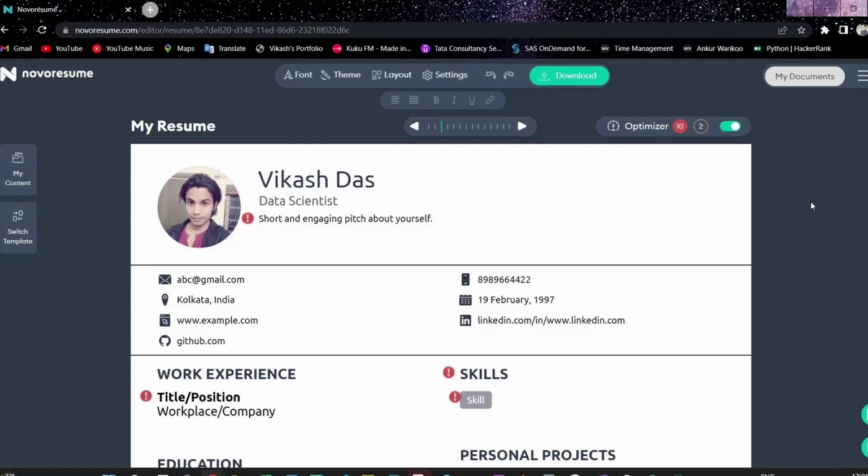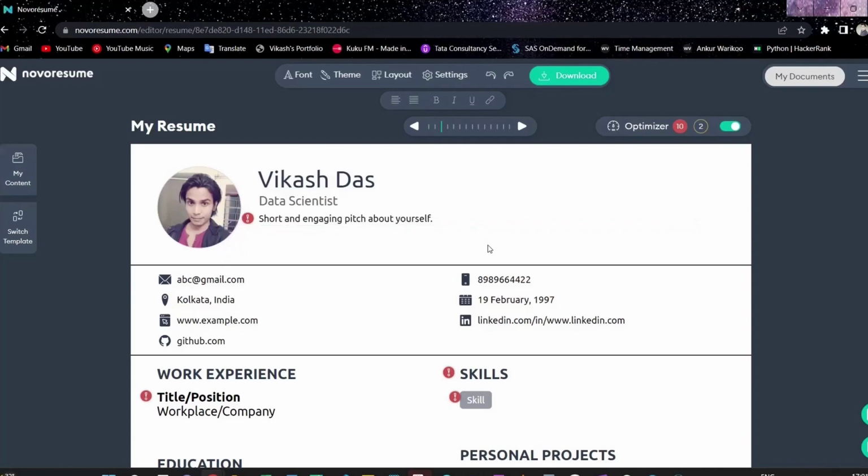So they will hire only those candidates who are able to convey themselves as a data analyst or a data scientist who has some solid evidence or proof of work or a good working experience to showcase. Again, I leave it to you if you want to use aspiring data analyst or only data analyst or data scientist. Now comes this part where we need to add a short and engaging pitch about ourselves, which means the